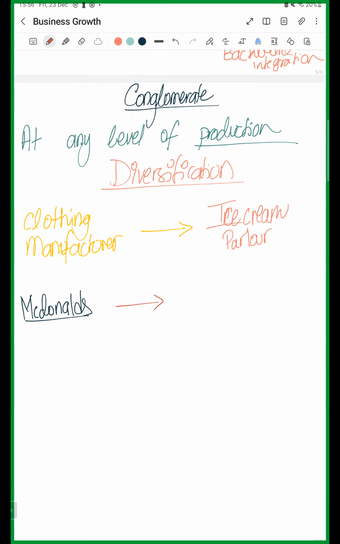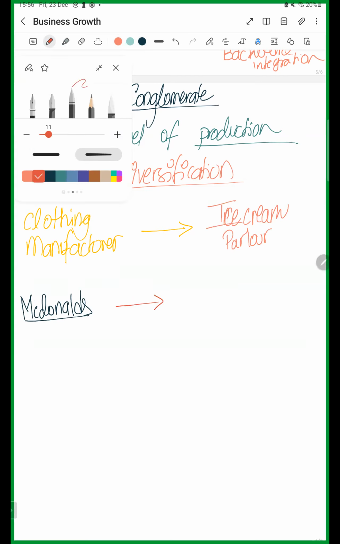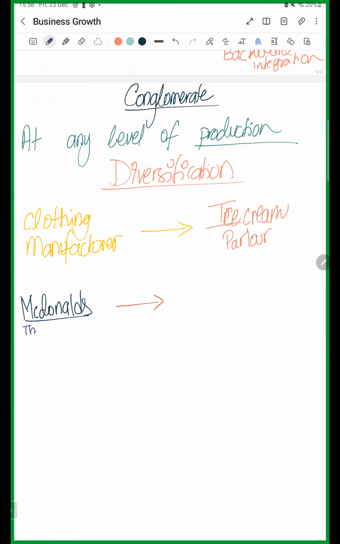McDonald's, when you hear the word McDonald's, you think about their food, don't you? The fast food. Do you think about McDonald's, the fast food company? Yeah. This company is